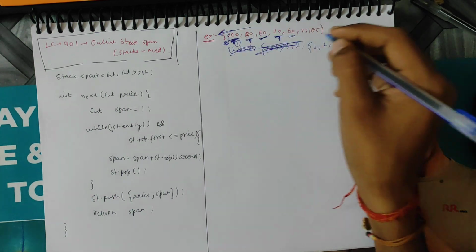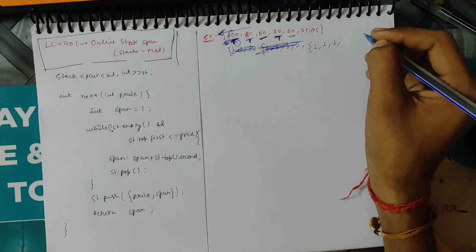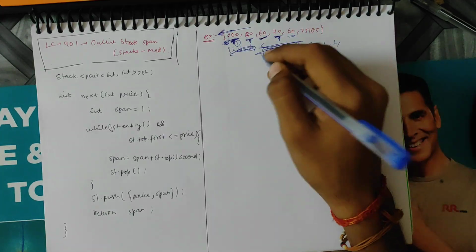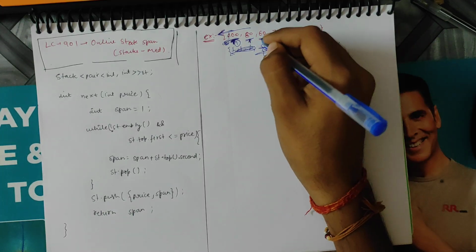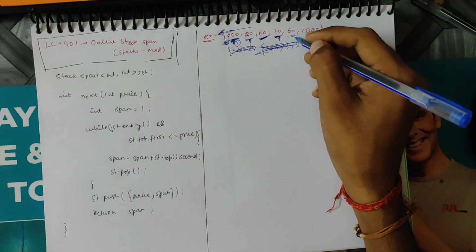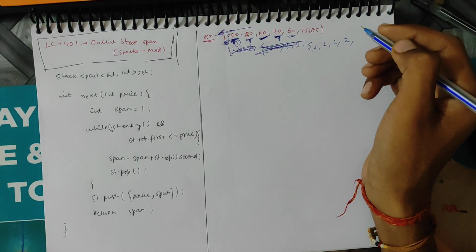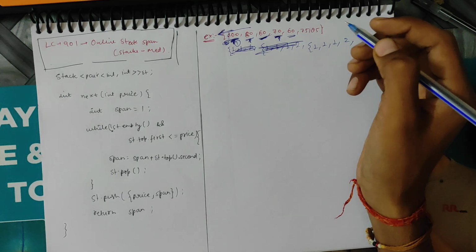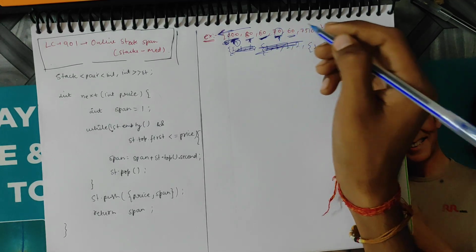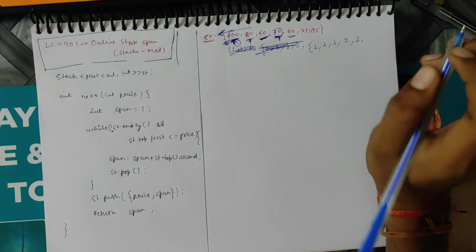We move to 60. We again check if an element present before 60 is less than 60. No element is present. Again we store 1. After that we move to 70. Is there an element present before 70 which is less than 70? Yes, 60 is present, so we store 2. Why store 2? Because 70 and 60. Now we move to 60. Is there any element present which is less than or equal to 60? Yes, 60 is present, but before 60 we have 70, so 70 will dominate here, so we store 1 only.